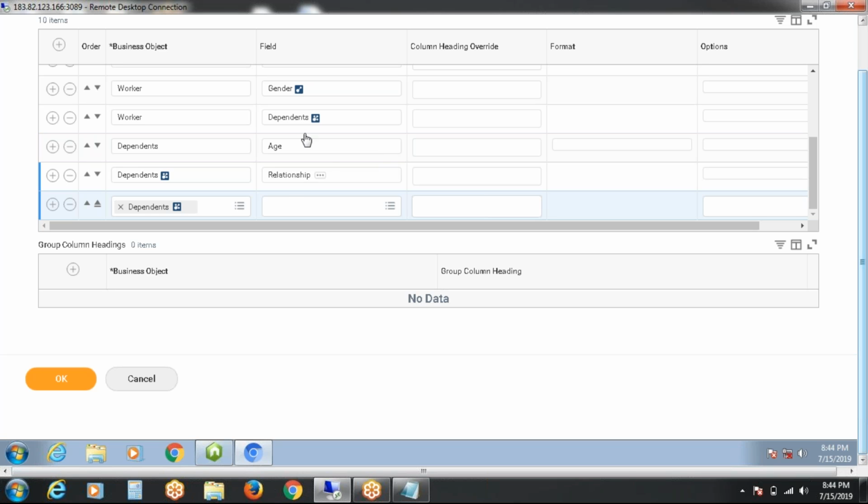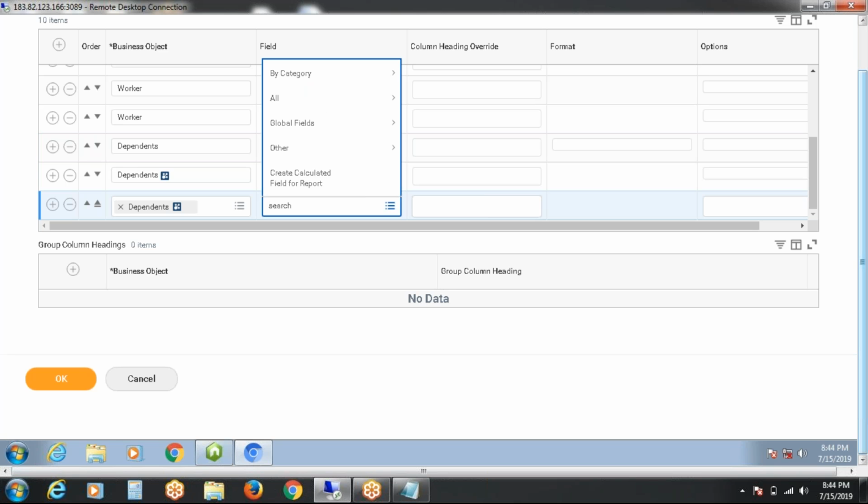If you want to see the report fields, you just go to the dependents business object by category, and there you will find all the reports, Workday standard reports, and calculated fields. I mean report fields and calculated fields. The relation, gender,